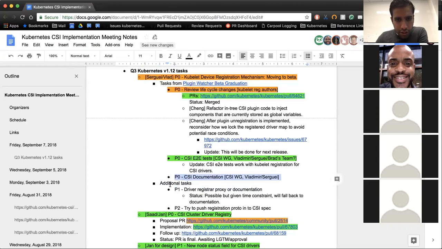And then in addition to that, on our side, we need to make sure that the driver registrar is properly documented, because the flags there are kind of funky. If you don't get them right, it gets kind of confusing. And so that we can do basically this month. And then trying to push the CSI spec to pick up this registration logic, we can also do this month.